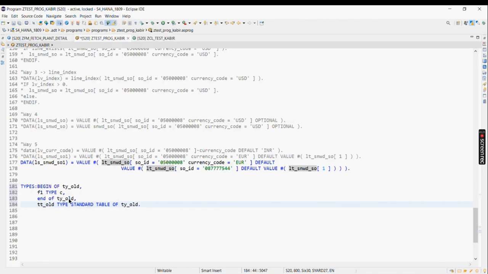Okay. So now suppose there is a work area which is referring to this local structure ty_old, and there is an internal table which is type standard table of,